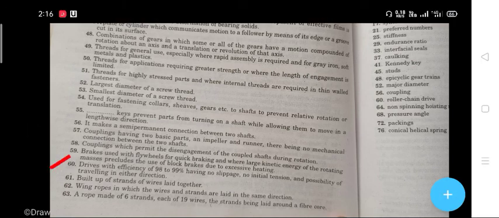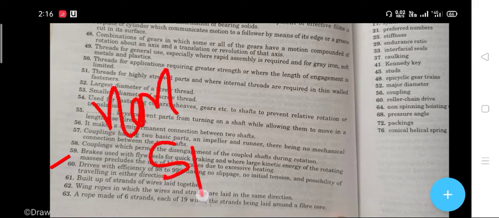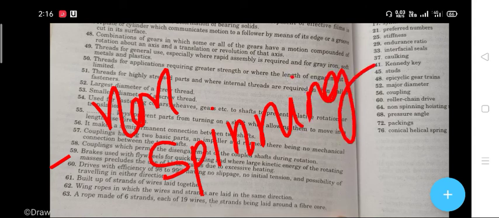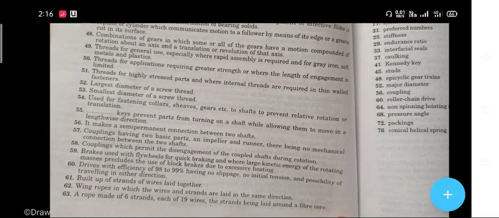Drives with an efficiency of 98 to 99%, having no slippage, no initial tension, and the possibility of traveling in either direction. The right answer is